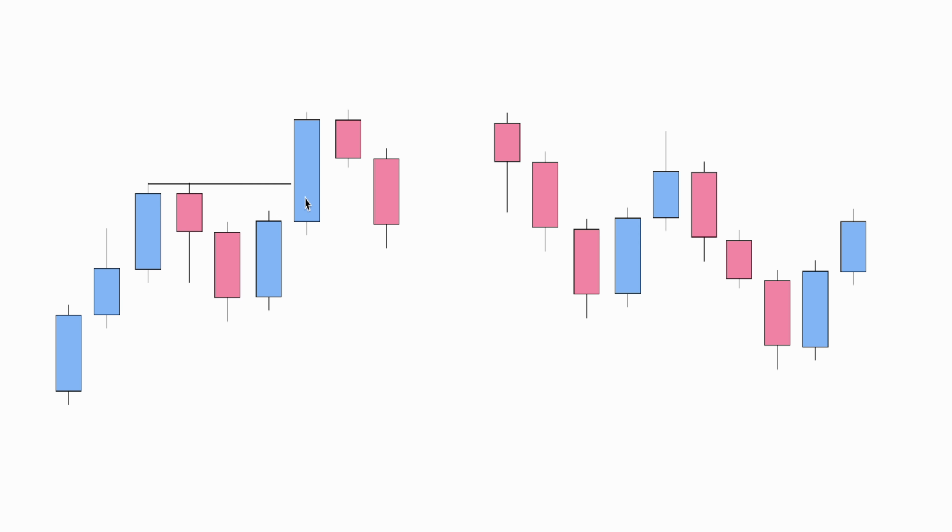Now, for the valid break of structure, and this is key, we need to see a full body candle close through this level. Now, as you can see, this is exactly what we get. This candle you can see here has to occur with a body close to show you it's a valid break